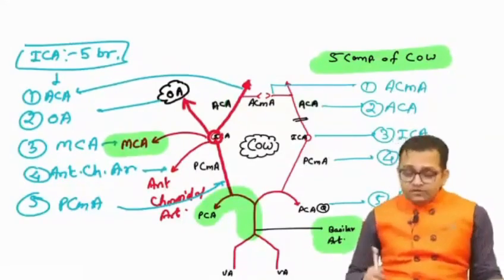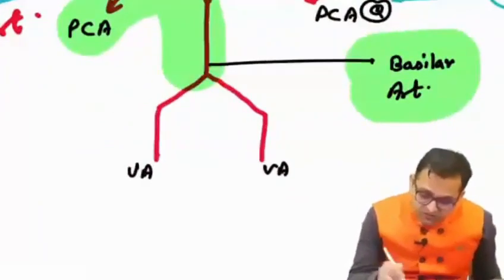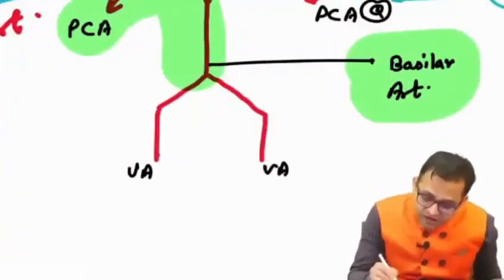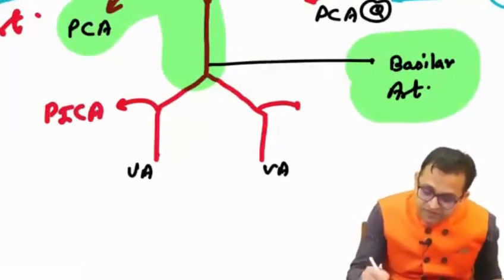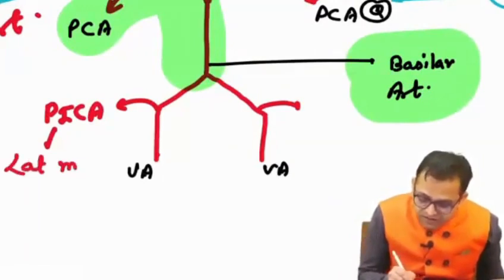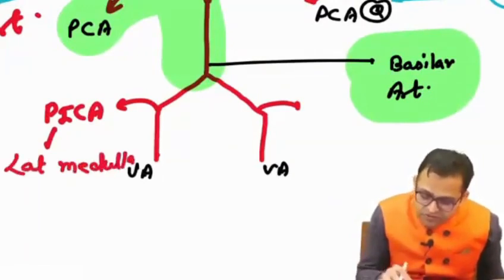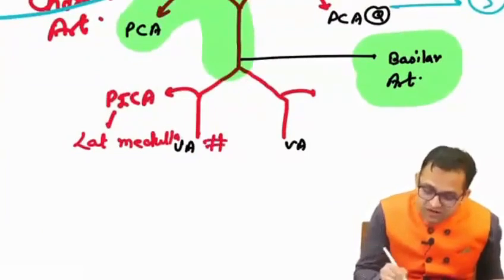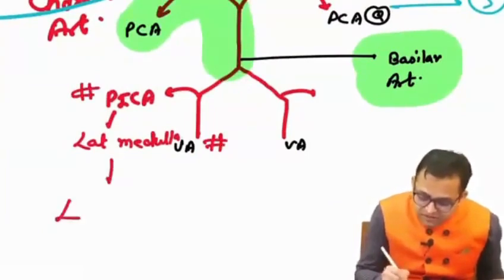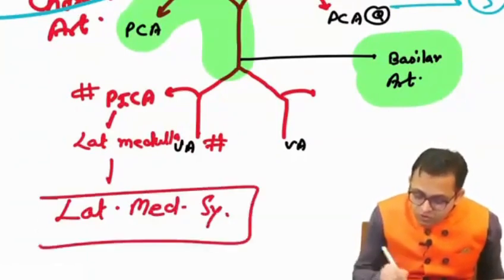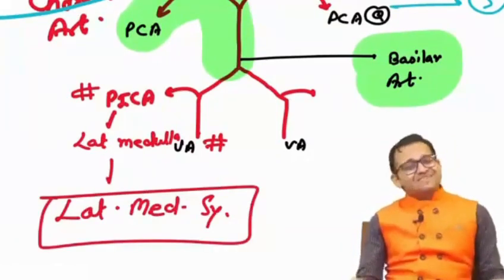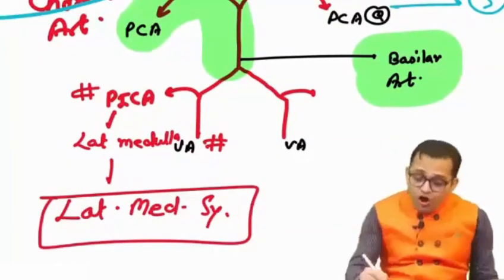Now look here further. This vertebral artery will give one branch to our cerebellum, that is the PICA. Yes, sir. This PICA is supplying the lateral part of the medulla. So if there is damage in the vertebral artery or damage in the PICA, it will result in lateral medullary syndrome. Yes, sir. It is our lateral medullary syndrome, also known as the